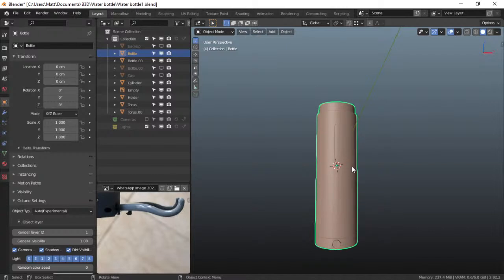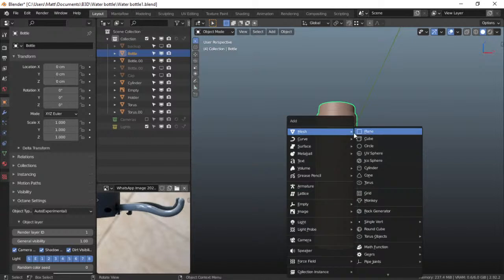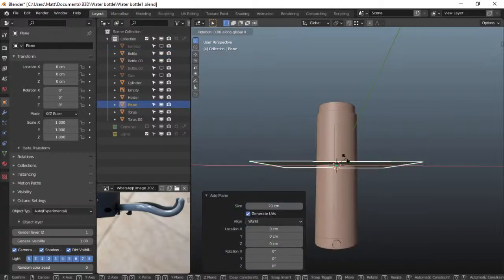Then what we want to do, well, matter of fact, just put the cursor into the center one time. So cursor to there, and then what we want to do is add, let's just add a plane, or X90,